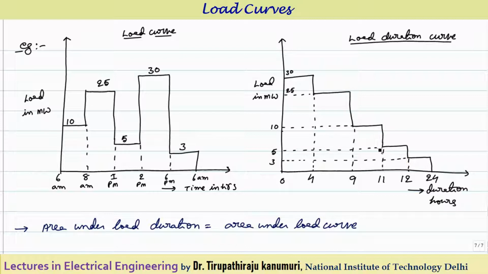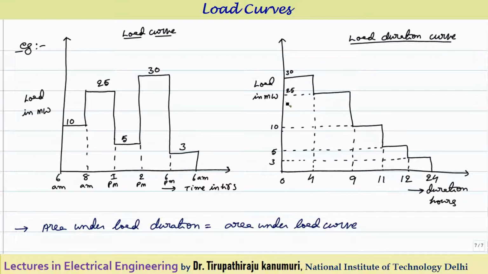That means we can select the base plant having 2 units. One unit is having 3 megawatt, another unit another 3 megawatt. So accordingly they can supply the entire load. Similarly you can see here the 10 megawatt. So 10 megawatt load is there for how much duration? 11 hour duration. That means the extra load of 10 megawatt is there for 11 hours.